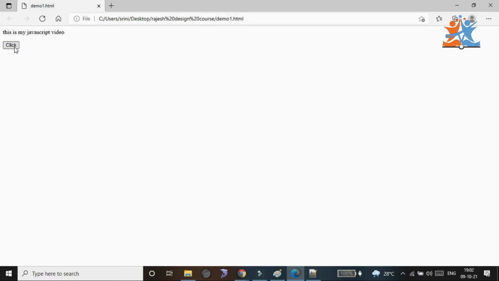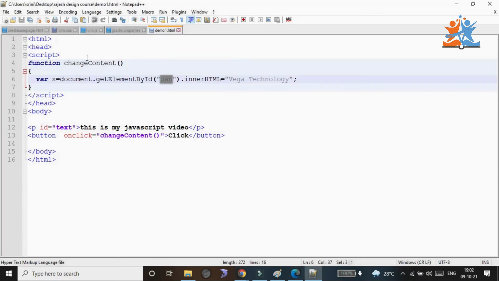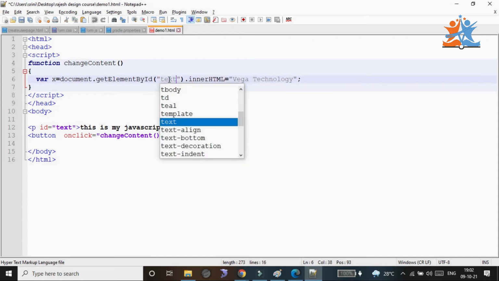Here the JavaScript and HTML will link up with the help of ID as an attribute. If we give a proper ID value, then only the HTML as well as JavaScript will communicate.